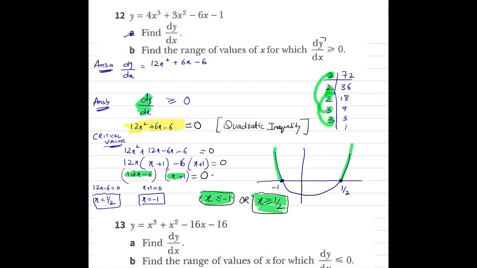सही है? तो यहाँ पे 0 है ग्रेडियंट फंक्शन और यहाँ पे 0 है, बट द क्वेश्चन हैड एन इनइक्वालिटी. यू वांट द ग्रेडियंट फंक्शन टू बी ग्रेटर देन इक्वल टू 0, व्हिच मींस दैट द क्वेश्चन इज नाउ गोइंग टू बी ग्रेटर देन इक्वल टू 0. सो क्रिटिकल वैल्यूज तो वही रहेंगी.